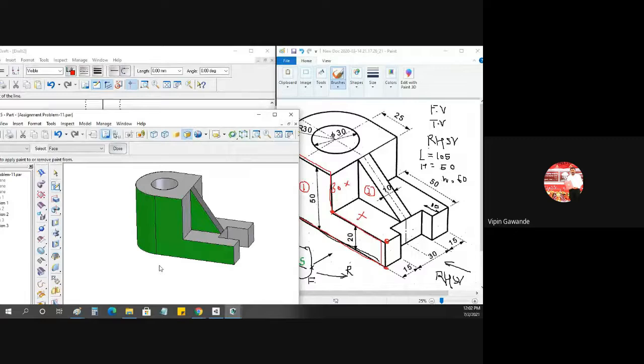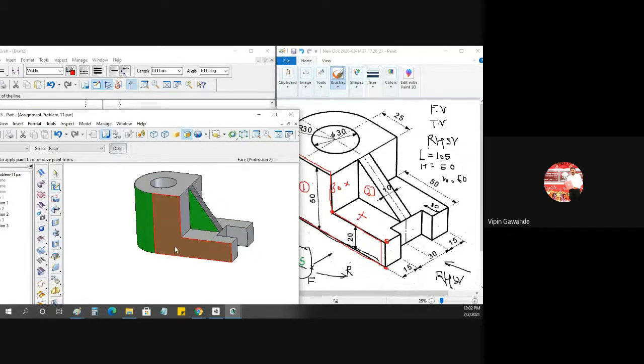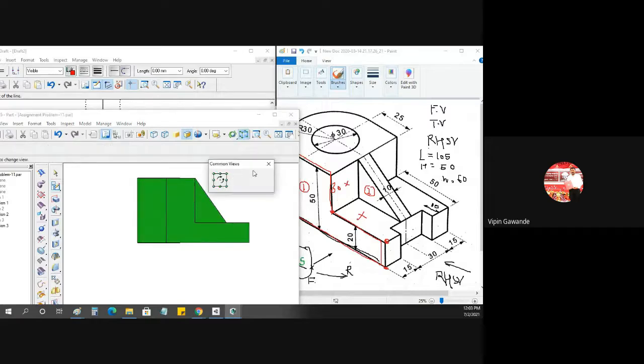So in front view, that means in any view, which surfaces are visible to the observer? Those surfaces which are perpendicular to the projection. So this surface is perpendicular to the projection. This surface is perpendicular to the projection. While this surface and this surface are parallel to the projection, so these are not visible. So we'll get this triangle here, and this triangle is visible at the front.